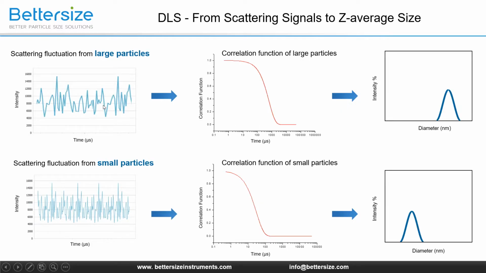Therefore, the intensity of the scattered light detected by the photodetector fluctuates over time, as shown in the figure. If there are large particles, the Brownian motion will be slow. The scattered signal will change gradually, and the correlation will continue for a long time. However, the correlation will decay more rapidly if the particles are small, which experience fast Brownian motion. By analyzing the correlation functions, the Binano 90 Zeta obtains the diffusion coefficient and then the particle size. This is how the DLS design of the Binano 90 Zeta works.